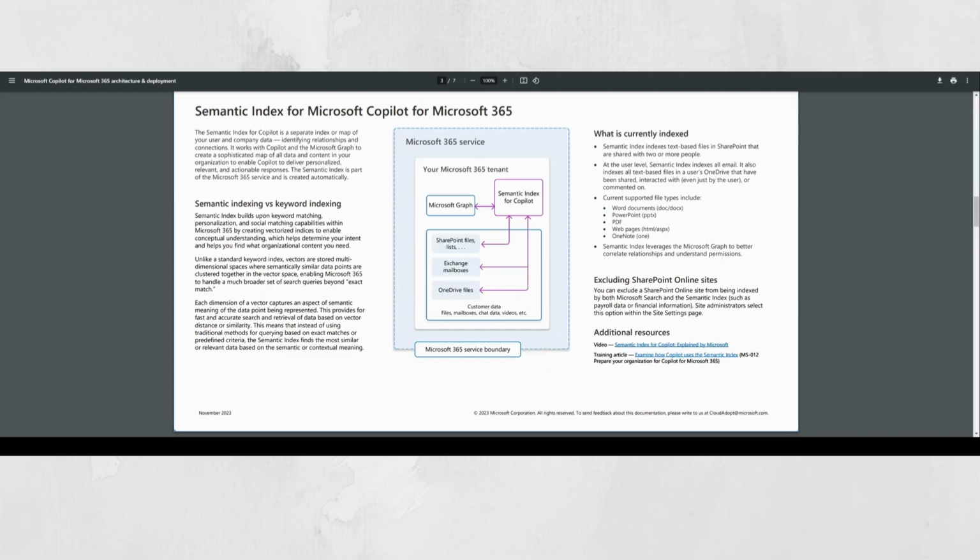So this gives you a good description of breaking up the keyword matching, personalization, and social matching capabilities, right? You want to think about this as we're already used to using a keyword search in Google, right? If we're searching for a specific topic, show me examples of something. Now, some of it, depending how you query, could get better results. So what this does in the back end is it makes specific relationships based on its understanding of your data,